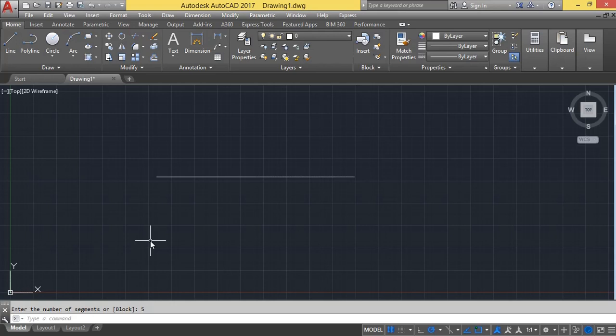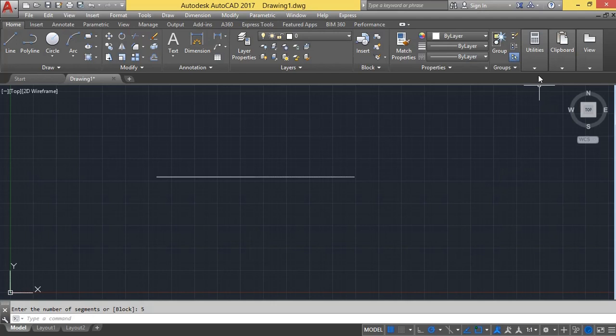But as we can see from the screen, there is no difference on the line. That doesn't mean the line has not been divided. A line has been divided. 4 new points have been created. But the current style of the point, which is a dot, got mixed up with the background line. So the style of the point has to be changed.